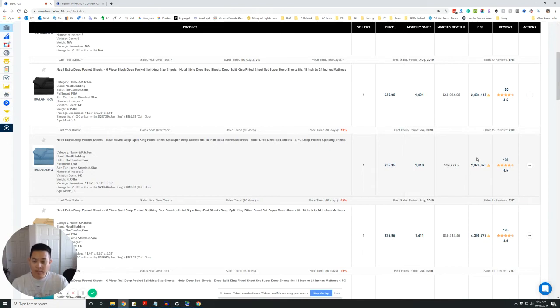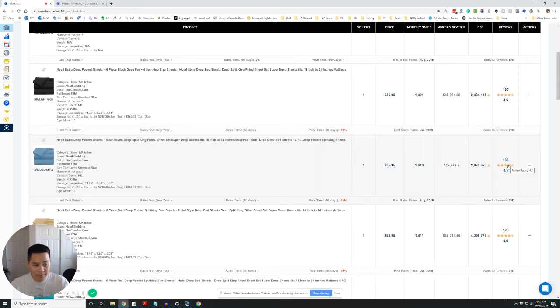And the reason that's important is because ultimately, when Google gives out search results and people are searching for a specific product, they're going to look at some of that BSR ranking to tell the end user if it's a relevant product or not. So if I'm searching for deep pocket sheets and Amazon says, okay, here are all these different listings, this one has a lower BSR, this is probably more relevant, meaning more people are buying it. So Amazon's going to give that one priority over something with a higher BSR. So something to consider. And then also with the number of reviews,